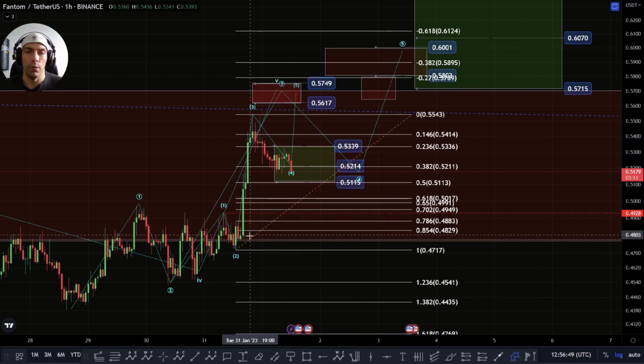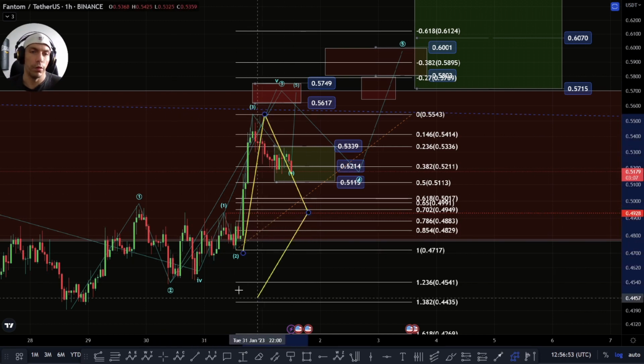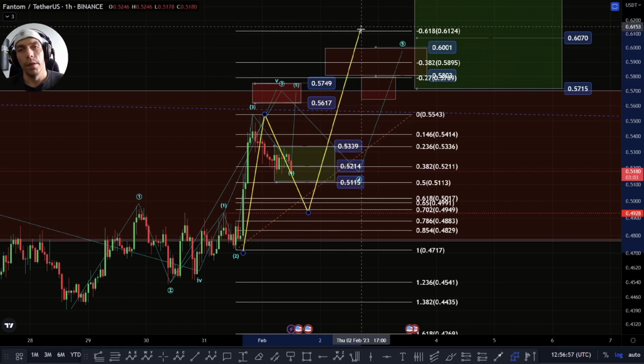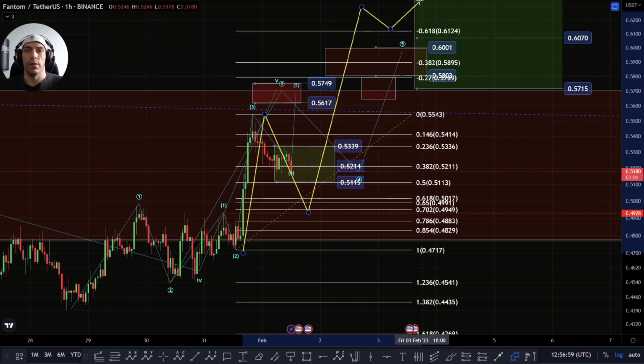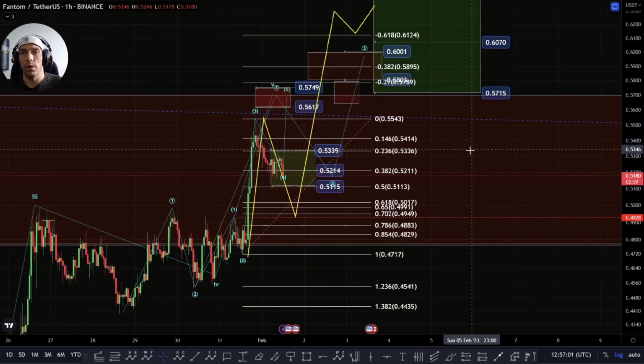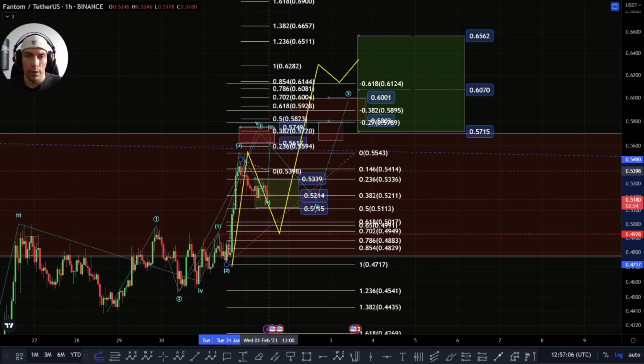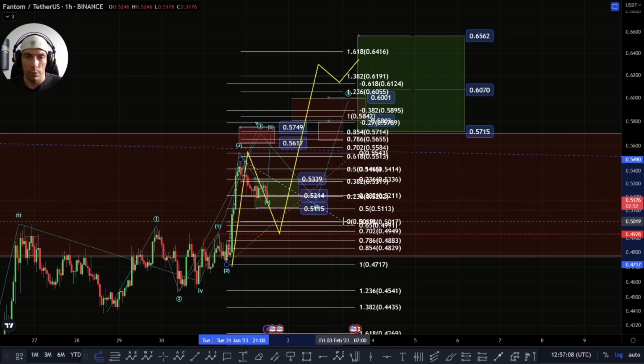So if we do have this play out, what we could then be looking for is actually further continuation, where this becomes a 1-2, and then we're actually still within the structure, and it's actually extending out much further than we would be anticipating at the moment. So we could go over some macro figures that we can look at in a second. But if we had to move down to this 618 area,